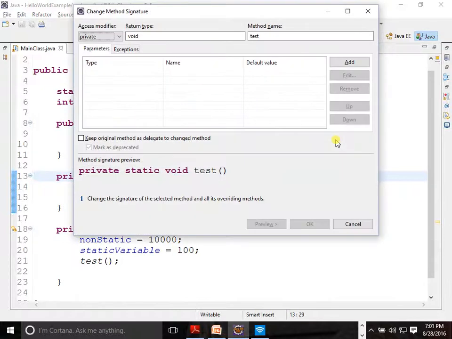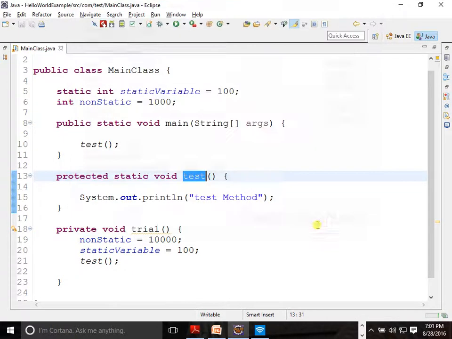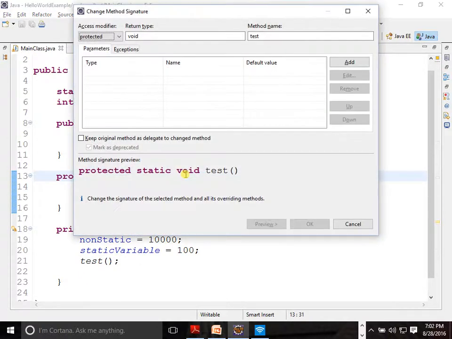Automatically this one will come. And if you want to make it protected, you just make it protected. That's all. It will automatically become protected. See, it becomes protected. If you want to change the signature, Alt Shift C. If I want to change the method name, I want to make it anything, Trial 1.